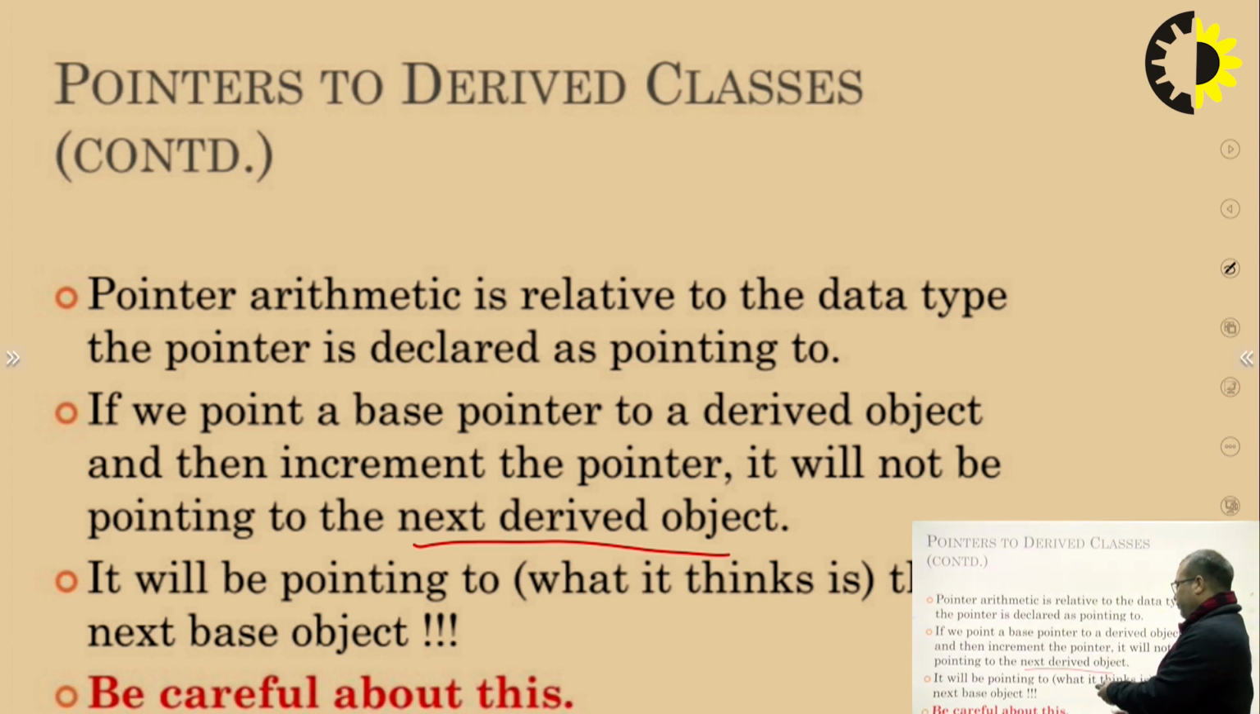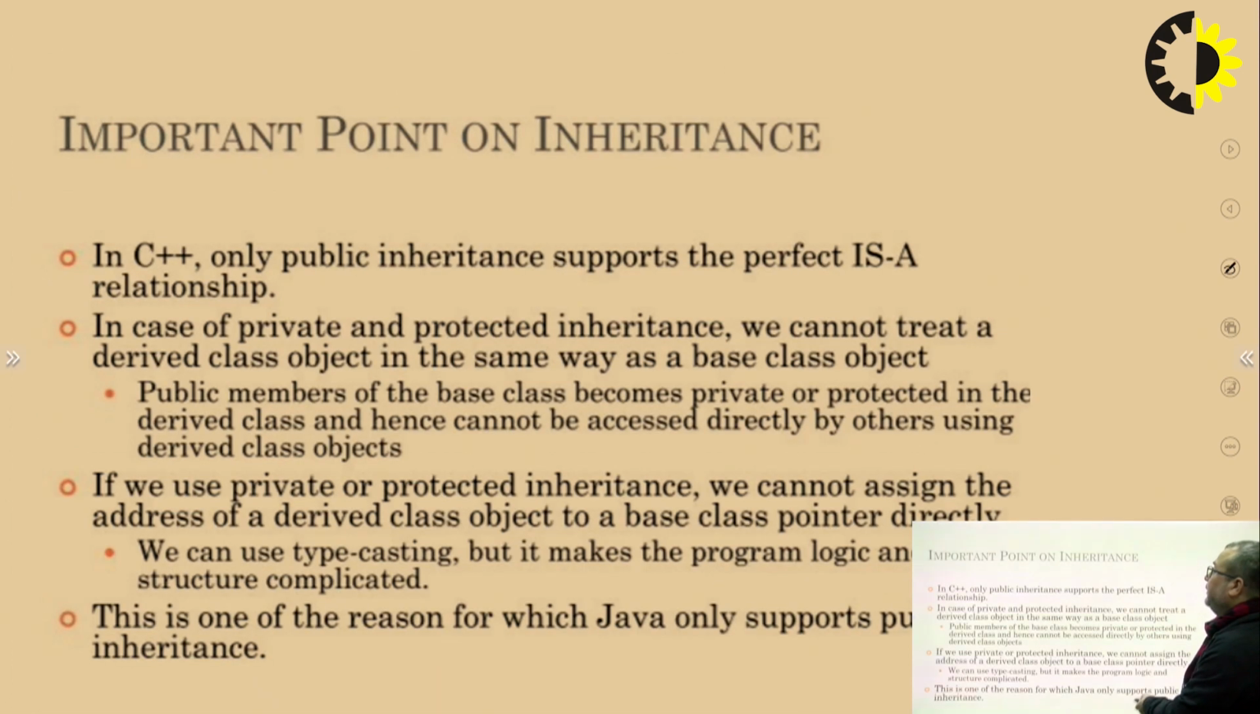Okay, so you should be careful about this. This is an important point of inheritance. In C++, only public inheritance supports the perfect "is-a" relationship, because in public inheritance you can inherit the public and protected data of the base class. In case of private and protected inheritance, we cannot treat a derived class object in the same way as a base